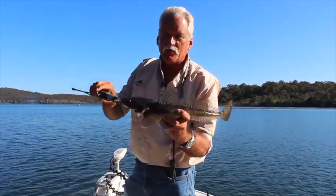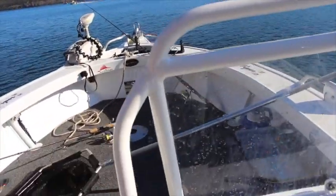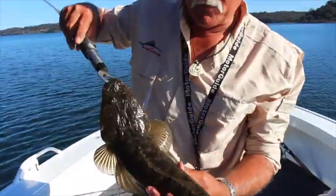Nice fish. We will measure that and I'll tell you just how big he is. Just 2 seconds. He's 48 centimetres, so